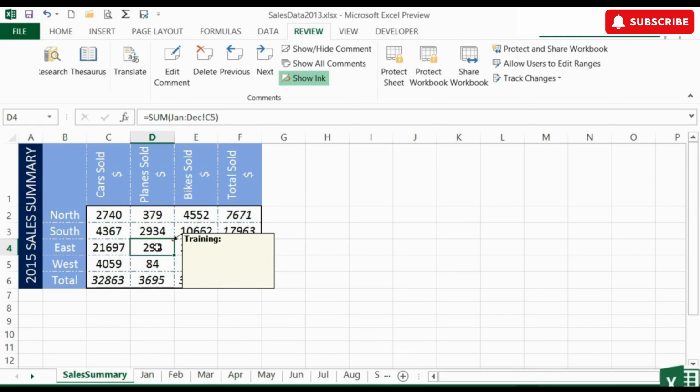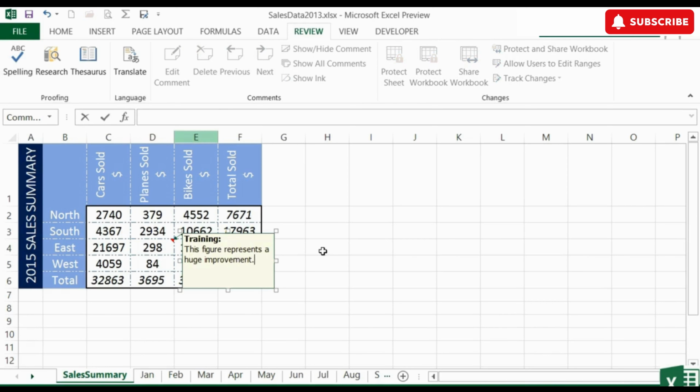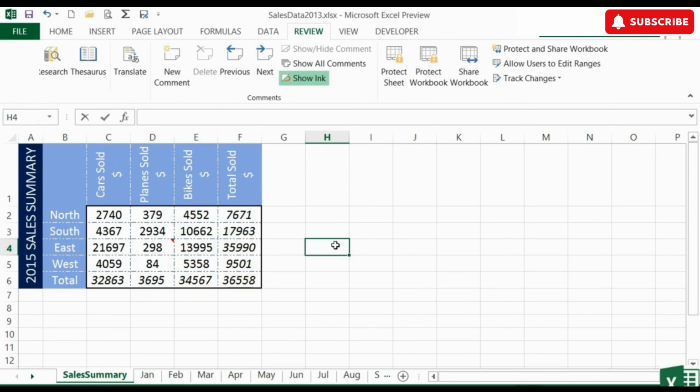It is editable. This is just a plain text box. And we type our comment. And then when you click away, the comment disappears. But we know the comment is there because there's a little red triangle to the top right of that cell. That is your indicator that there is a comment on a cell. And then when you hover, it pops back up, move away, the comment disappears. So it's a great way of adding a note to a spreadsheet without having to use one of the existing